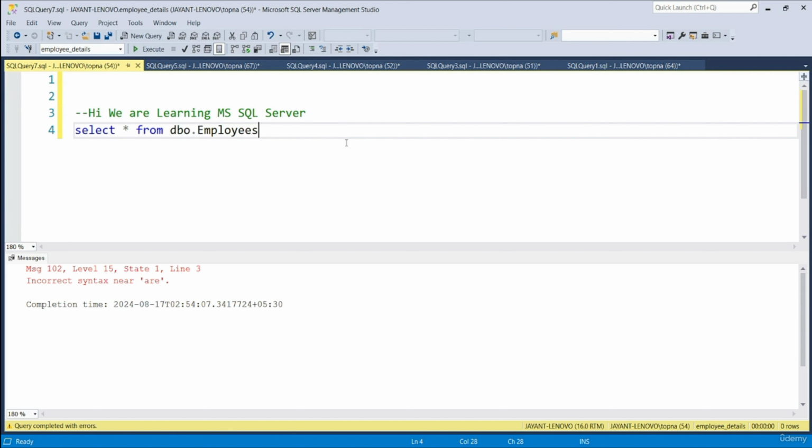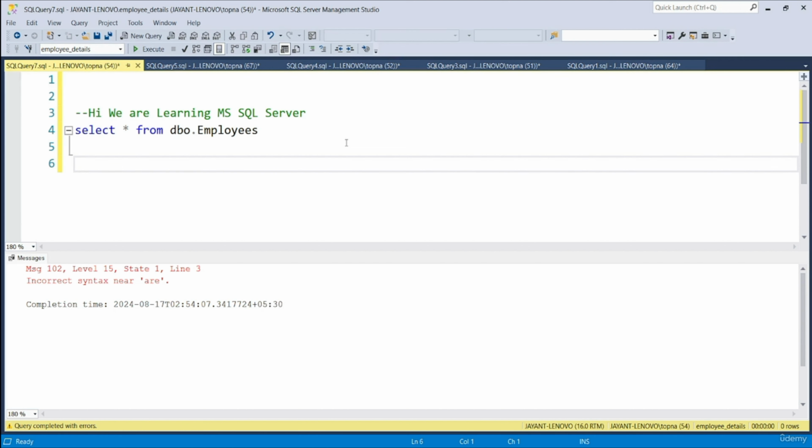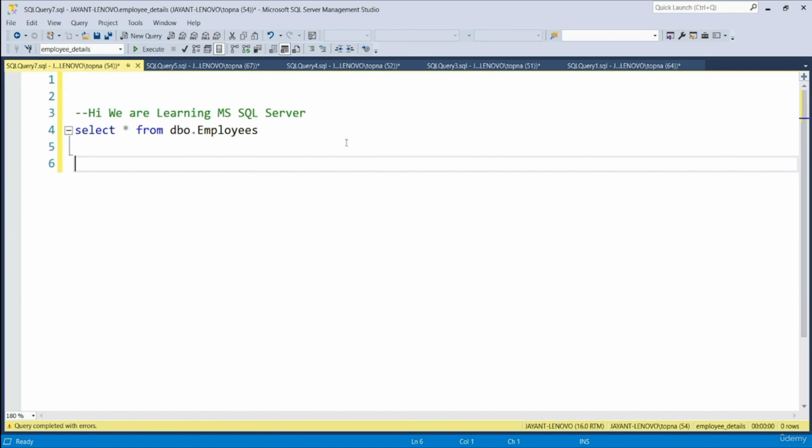Now let's say we have a multi-line comment, right? We can always write a multi-line comment by using / and star. So we can use / and star, and between different lines we can write the comment. So I'll show it to you with the help of an example. So / and then star, and let's say we want to write, hi,